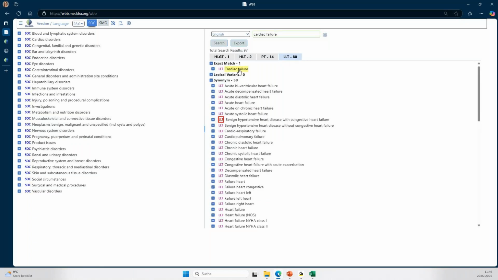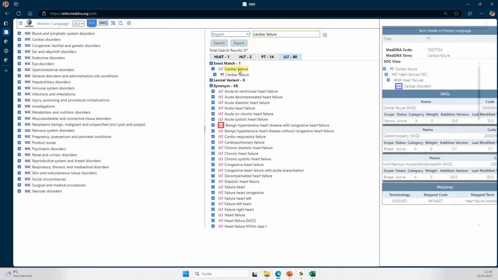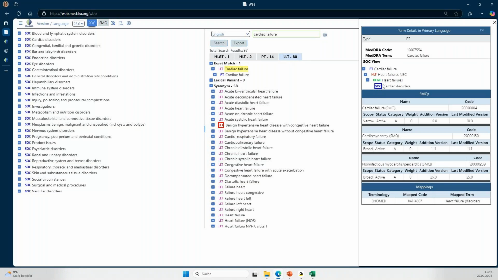And if you click on the LLT, it shows you, yes, we are lucky, there's also an HLGT, which is called heart failures. Very nicely. And then again, we also have an SMQ, which is cardiac failures. So in a real world setting, we might not continue now with the browser, but we would first go to see the SMQ introductory guide. But for demonstration purposes, we don't follow the SMQ lead now. We just go to